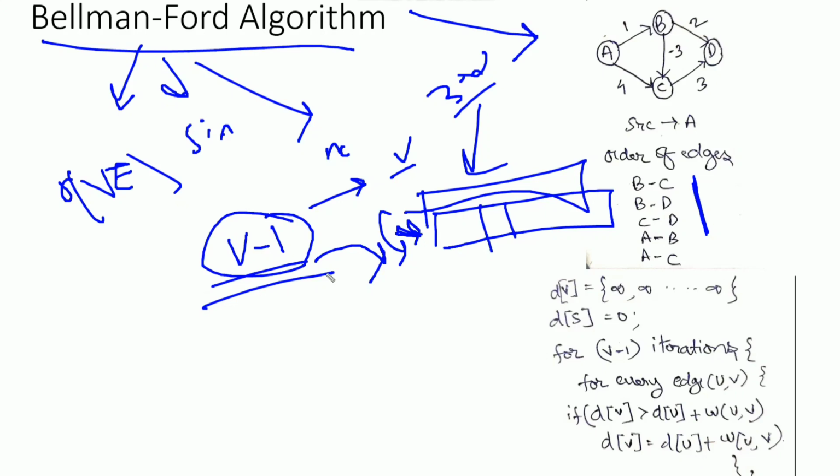It means the path is not simple. So if the path is not simple, it means a vertex is repeated, and if the vertex is repeated, it means there is a cycle in the graph. Okay, and that cycle is reducing the shortest distance value. If it is reducing the shortest distance value, then it means that some negative weights are associated with that cycle. Okay, so by this way, Bellman Ford algorithm detects negative weight